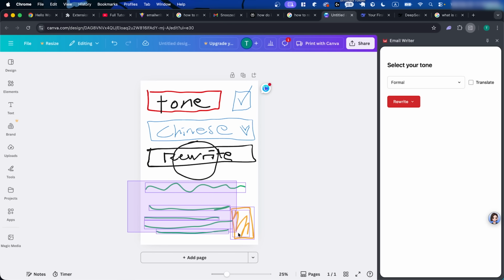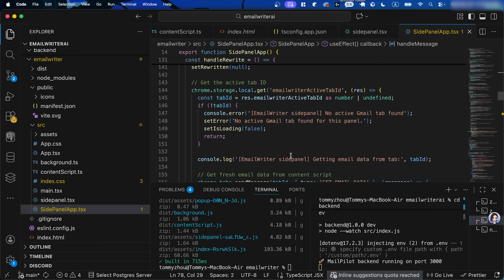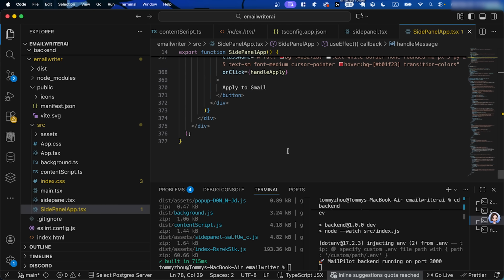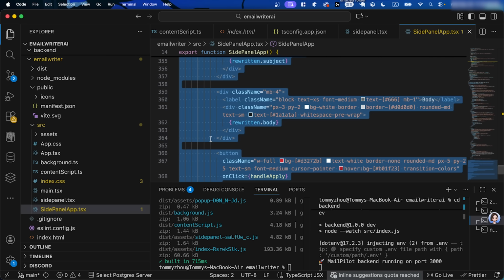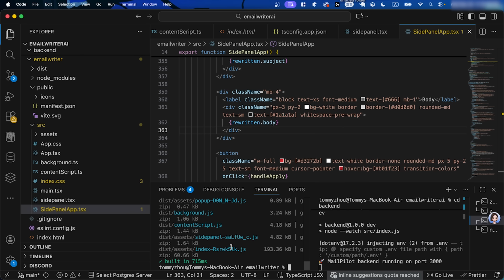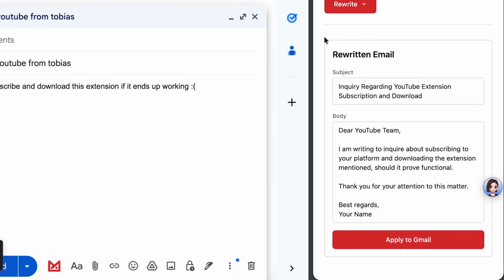So now let's add these parts where it actually rewrites our email. This meant that I wanted the side panel to display what the rewritten email was so that the user can see what they're adding to their email. Alright, I'll be honest, this like 100 lines of code is vibe coded because I kinda got lazy, but let's see if it works. It doesn't look bad, but it sure does look like some vibe coded slop,